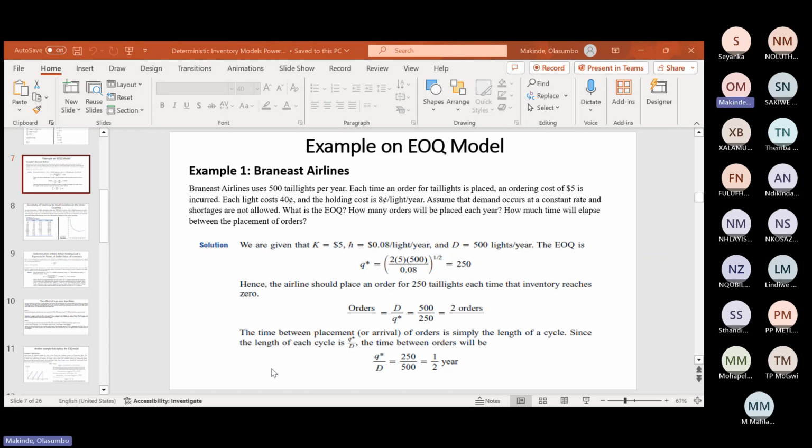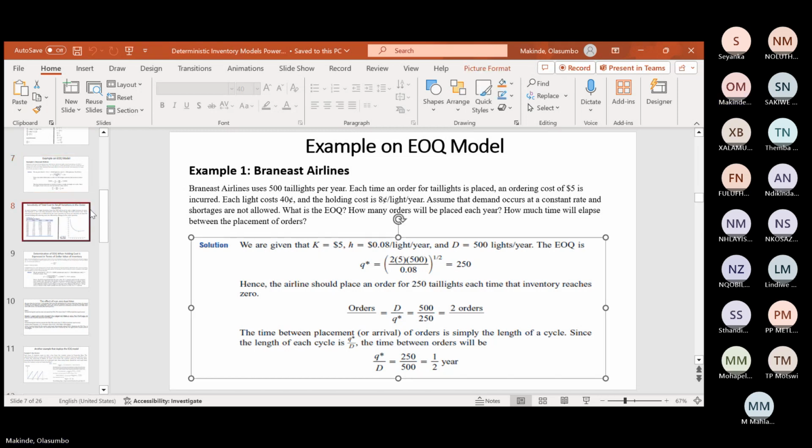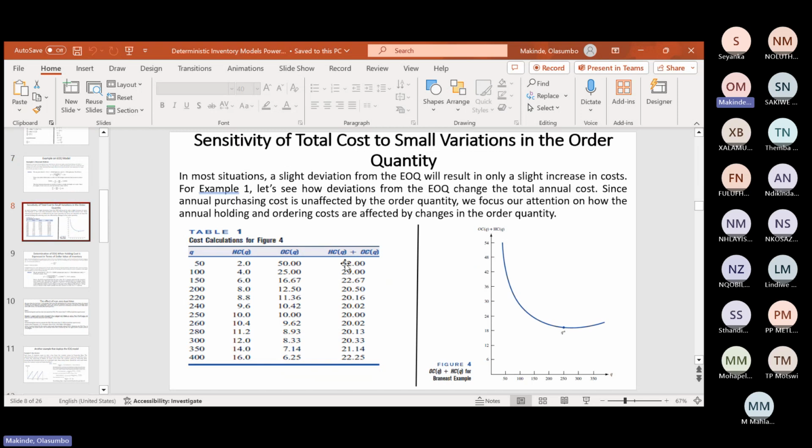So that I can see if it's a small cost, and if I want to buy a bit more than the EOQ, then what is the cost implication of that? That could also help me make a decision, maybe I should buy a bit more or a bit less than the EOQ. And that's the sensitivity analysis we are talking about. So in slide 8, you can try to check it. If you look at our EOQ and the way you calculate your total ordering cost,